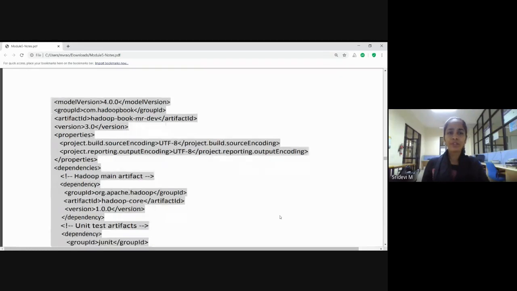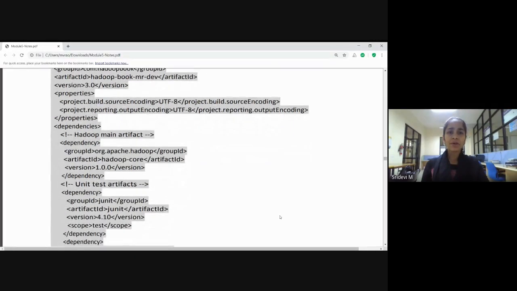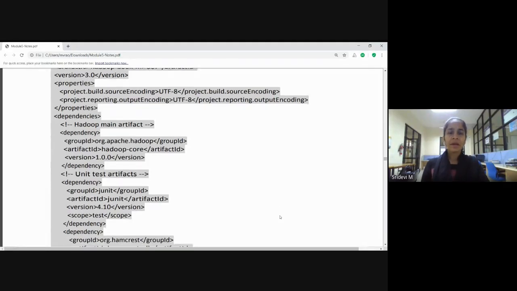The version being used here is 3.0. Then you set the properties. Initially, we specify the source encoding as UTF-8, and the output encoding should be the same as the source encoding.